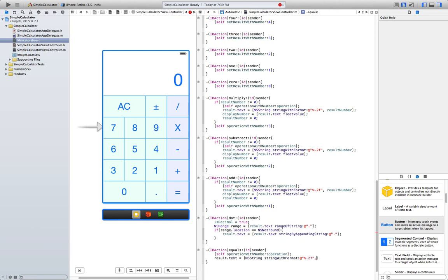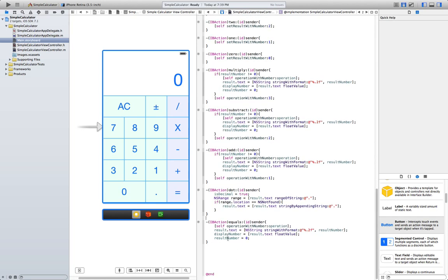If you want to show more, you can just put a 3 or a 4 there, but our calculator is gonna be with only 2 decimal places like you would use in school, for example. Display number is gonna be equal to result.text float value again, and finally result number is gonna be equal to 0, if I spell it right. This is just resetting the result.